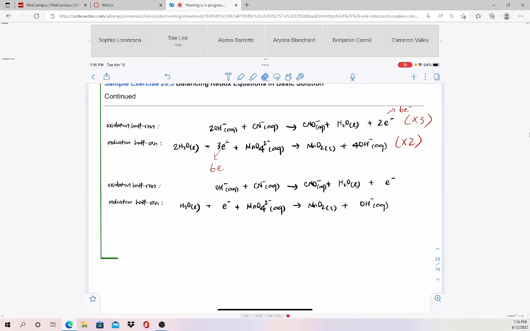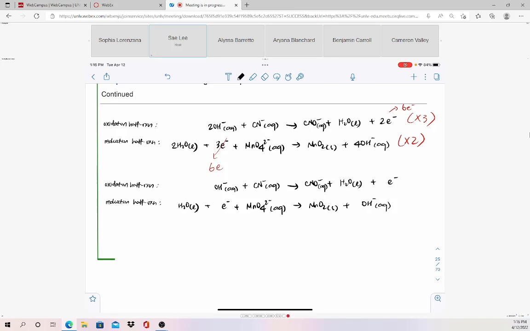Now that we're multiplying 3 to the entire oxidation half reaction, it's going to be 6, 3, 3, 3, 6. And since we're multiplying 2 to the entire reduction reaction, it's going to be 4, 6, 2, 2, and then